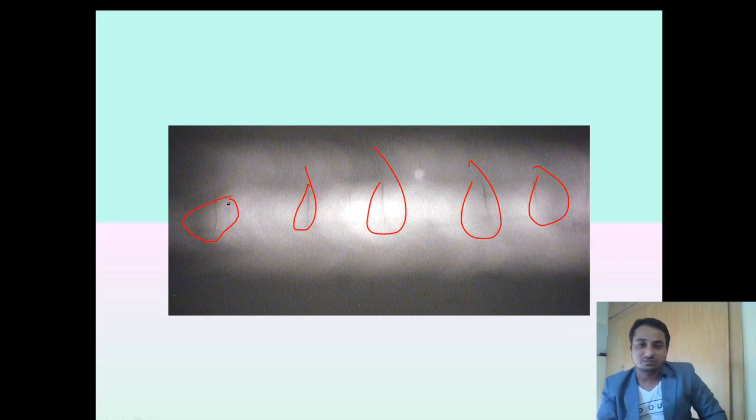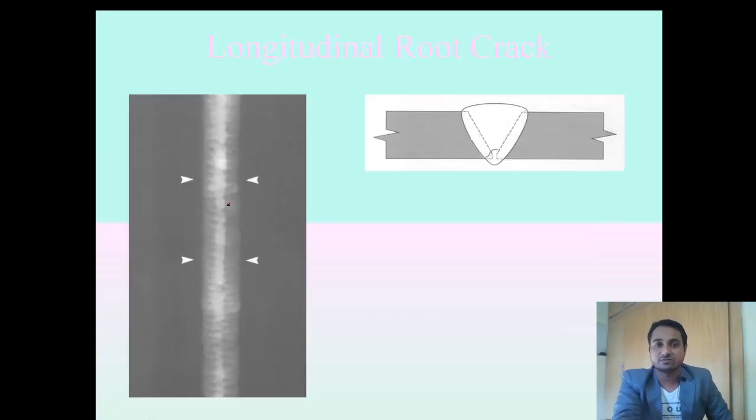You have to be very vigilant while reviewing the film. You have to be conscious, means you should not miss any type of indications. This may be a crack or a very dangerous defect. So we need to be very vigilant. And this is a longitudinal root crack. Here, root crack. See this one, if it looks like this. Here see this one, longitudinal root crack.